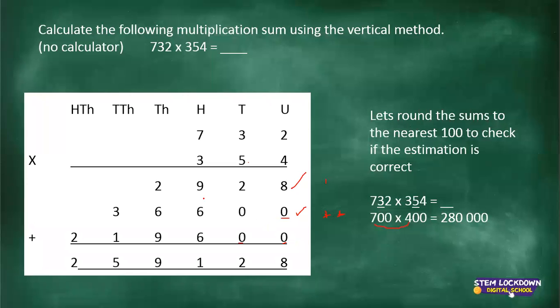So what you do now is, you get another mark here. So we're going to add all the units column in here. So this section where we ruled off here and here is where we multiplied each number individually. So now we're going to add it together. So we have 8 plus 0 plus 0 is 8. Then in the tens, 2 plus 0 plus 0 is 2. And in the hundreds column, we have 9 plus 6 plus 6, which gives us